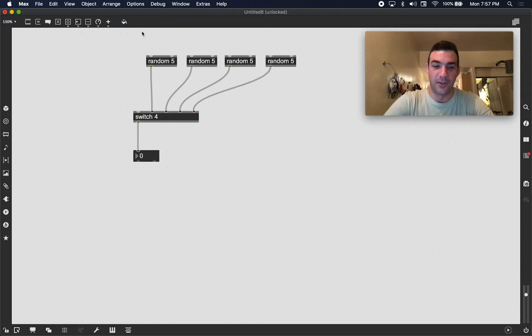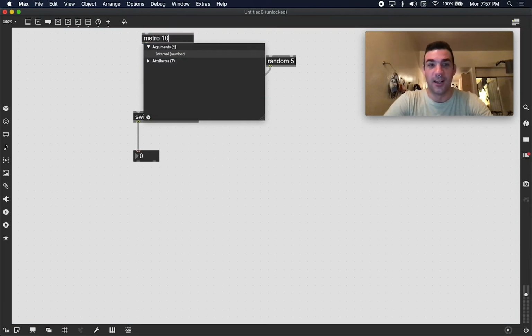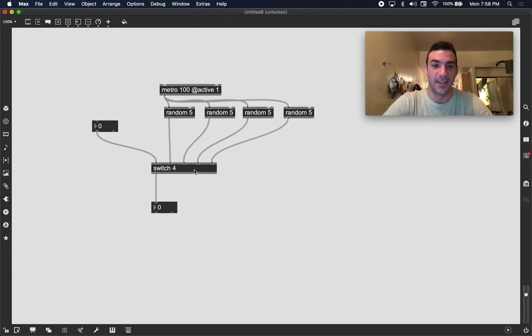Now I'll get that metro object again, just good practice to keep building everything. Metro, and let's say I do 100 milliseconds, @active 1. And I can hook it up to each of these. And now the number box is going to say which one we're receiving the information from. Command A to move it all, so it's a little easier to see. So if I want to receive it from here,